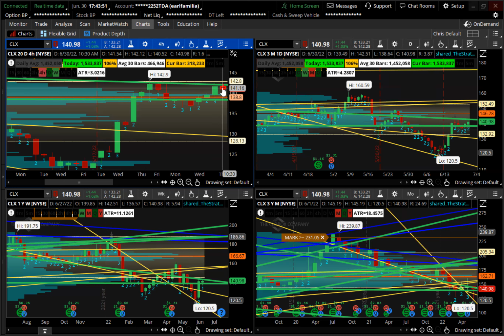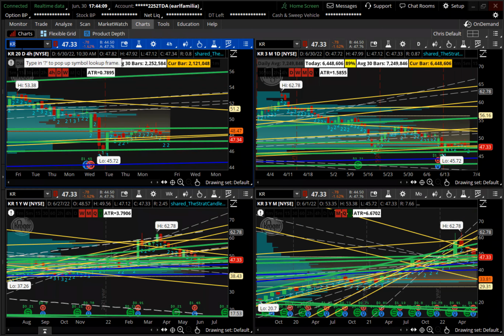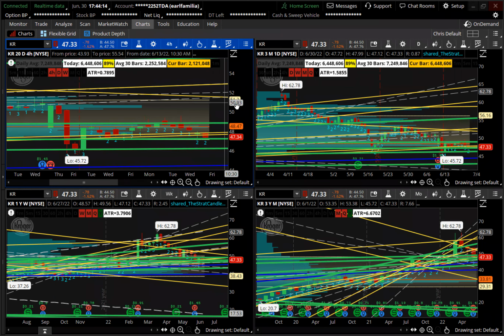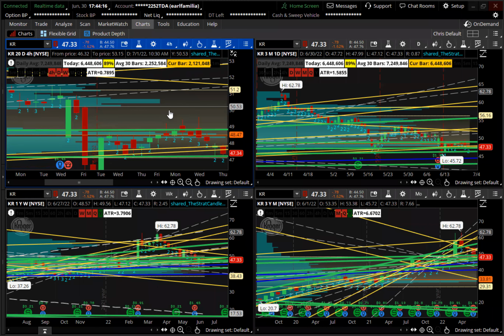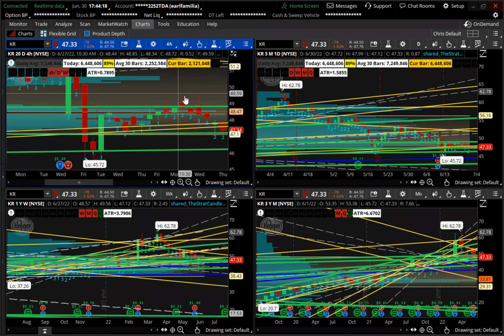Right now, based on what I'm seeing, there's a lot of conflict. But it is trying to push up. So I think that's the overall sentiment of what direction it wants to go right now. So that would be what I would be favoring to look on CLX. I just don't like that broadening formation right there. That doesn't give me confidence, especially for a 0 day. I want as few barriers or potential barriers as possible.